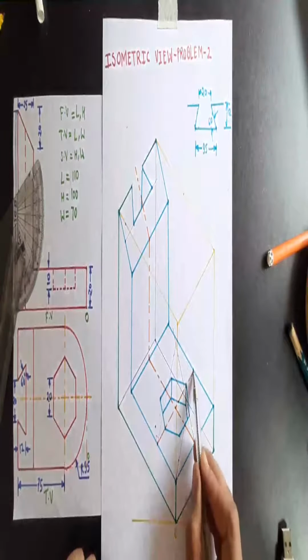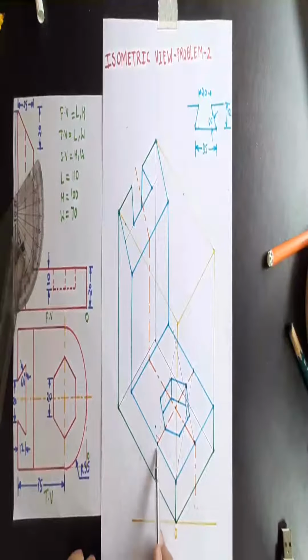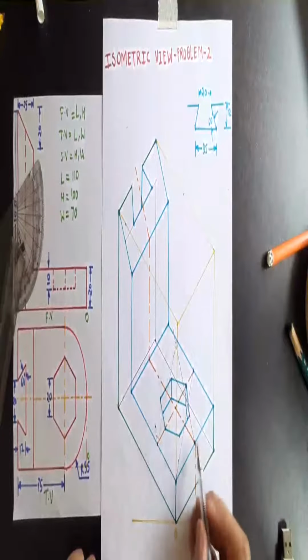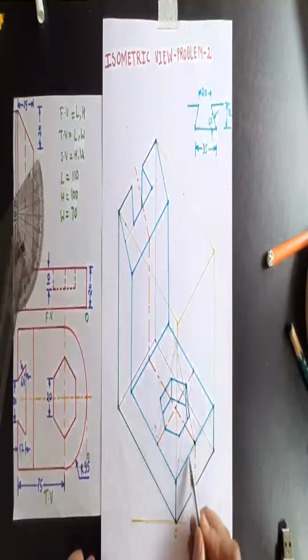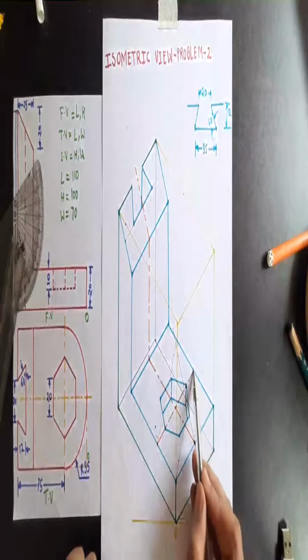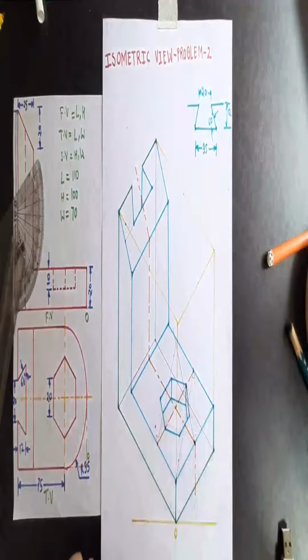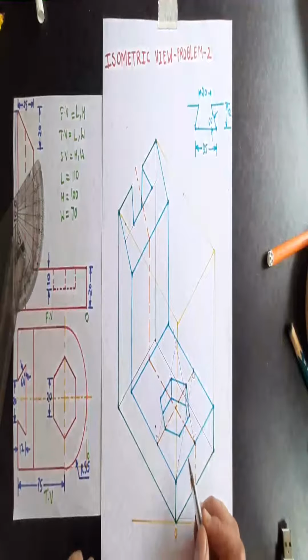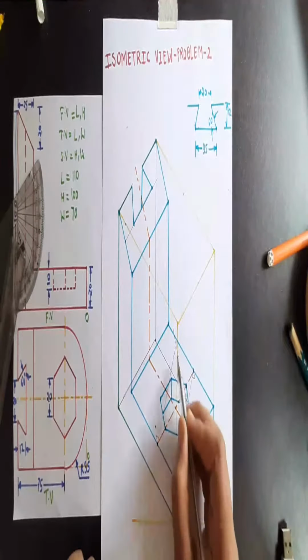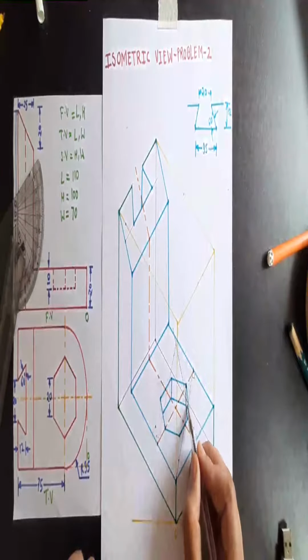From all these 3 points, draw the actual perpendicular to the lines on which these 3 points are there. So this point is on this line, so I have drawn the actual perpendicular. Similarly, this point is on this line, so draw the actual perpendicular from that point. This point is on this line, so draw the actual perpendicular to that line. Now once you have got the actual perpendiculars, for these two, this is the intersection point, and for these two, this is the other intersection point.